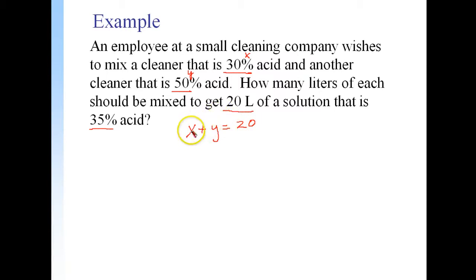Now, what's the acidity in the 30%? Well, it's 0.30 X, and in the 50%, it's 0.50 of Y, and you're going to end up with a 35% mixture